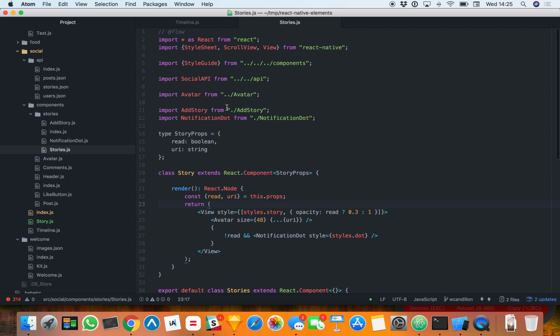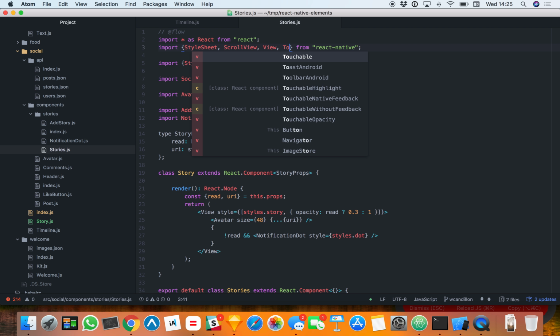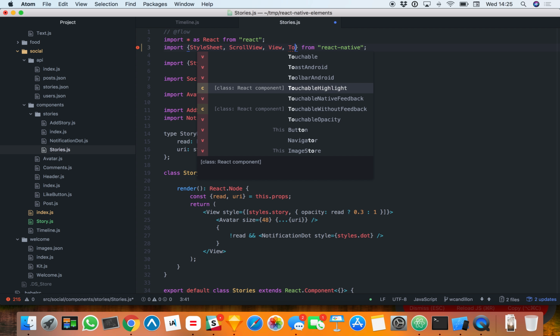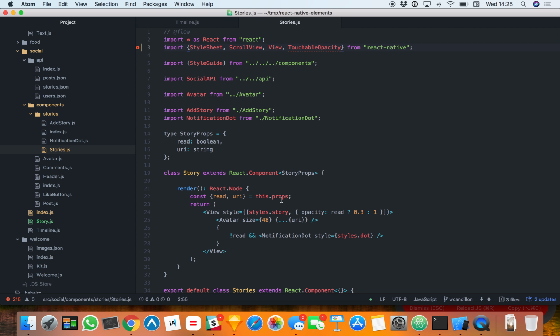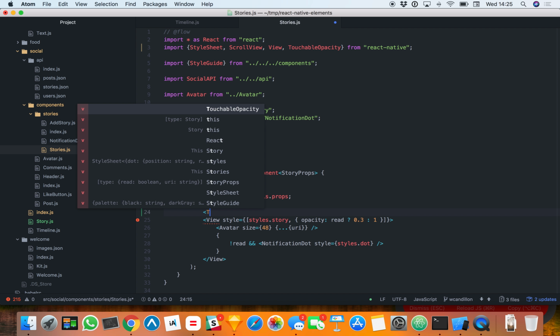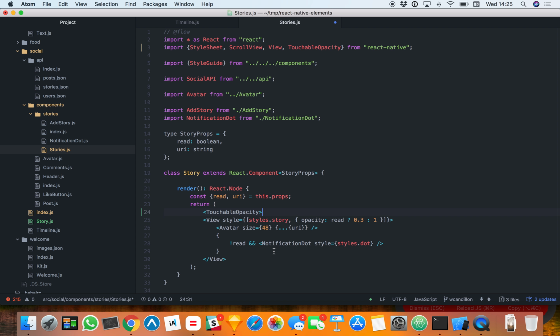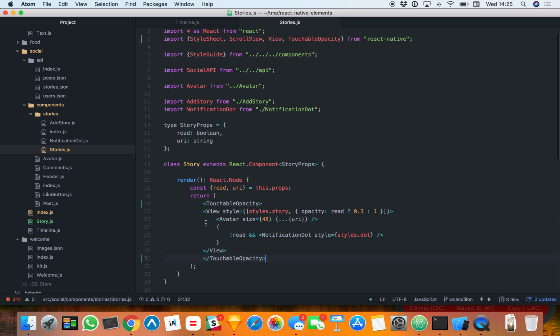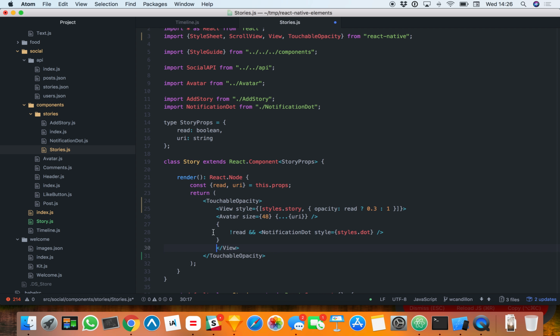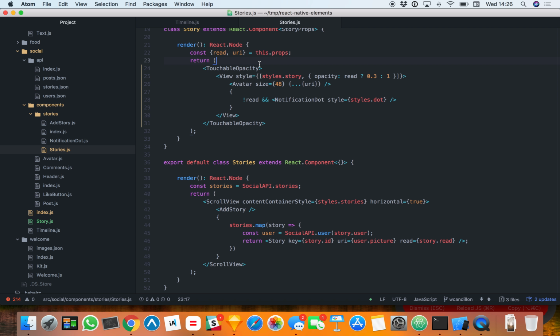So I'm going to use touchable opacity. And so on press,